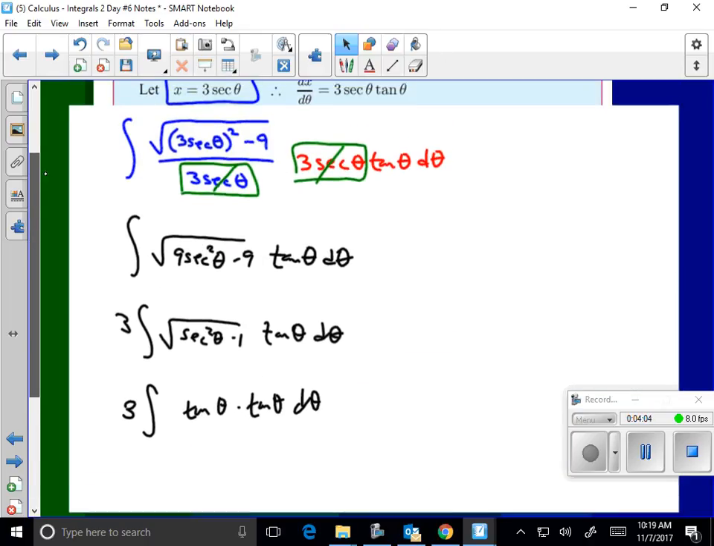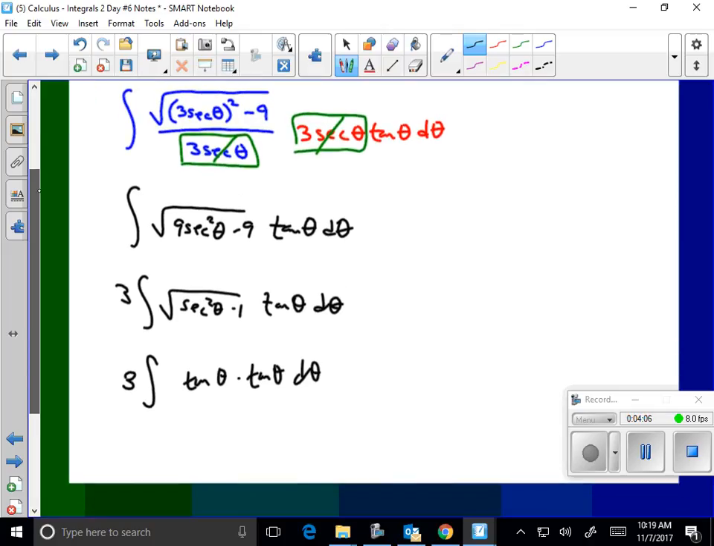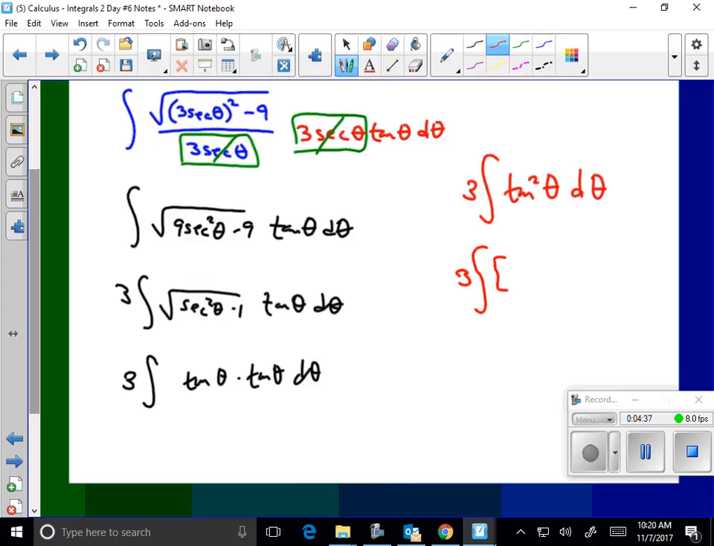Now, the next step, you're going to say, well, why did you do what you just did? I'll show you in a second. All right, so I have 3 times the integral of tangent squared theta d theta. Well, what's the integral of tangent squared? I don't know either. But I do know the integral of secant squared, do you? Tangent gives me secant squared. So I'm going to use the identity I just used and call tangent squared